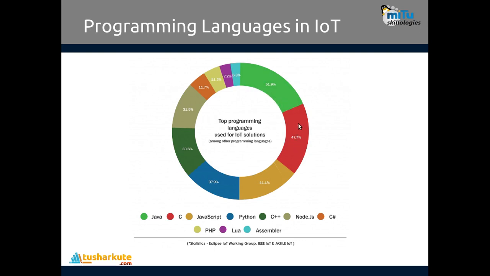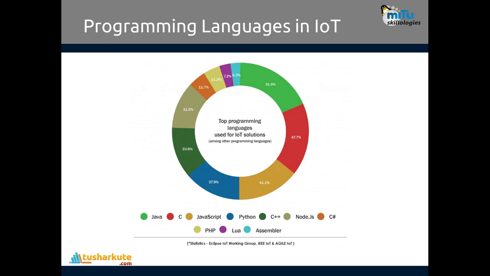47% are using C. One more important thing to remember: if you combine all together, it's not 100% because some languages are used multiple times. Okay, 52, then 47, then third is JavaScript, it is 51%. The fourth is Python, 37.9%. Python use is actually growing.